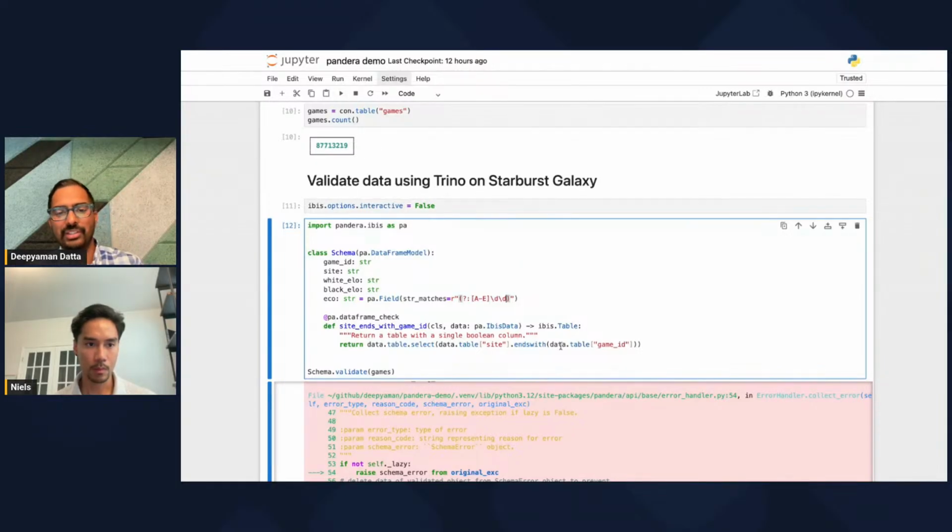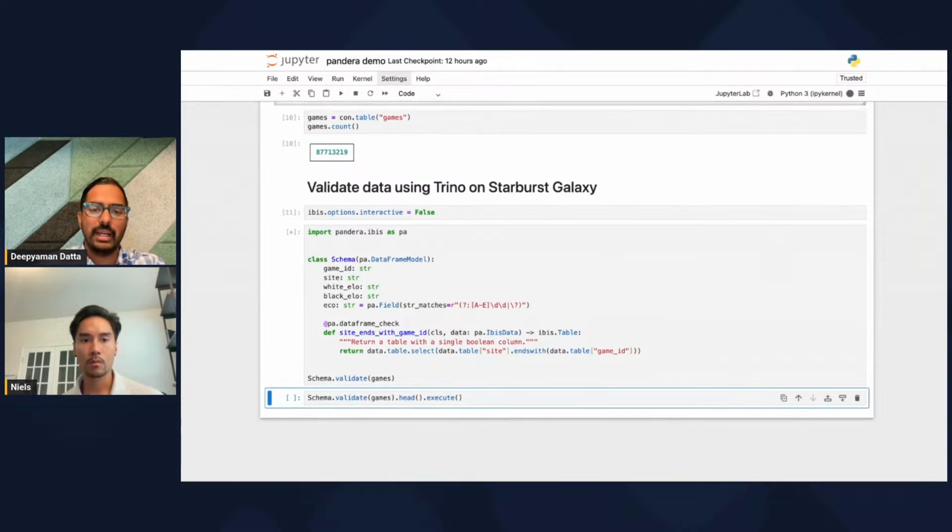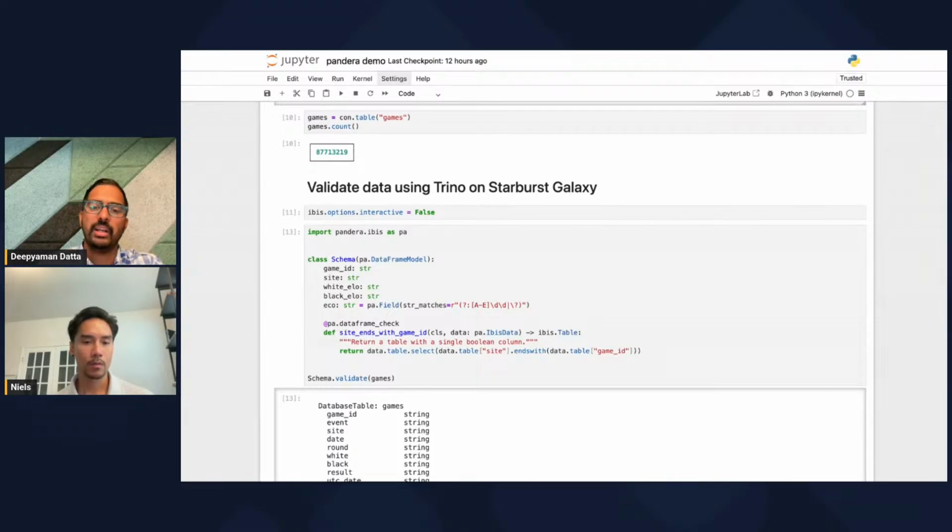I actually know that the problem is that some of the things in this larger data set for the ECO code have a question mark. I guess it's like an unknown one. So if I run this right here instead, and I extend this regular expression to be either A00 to whatever, or a question mark.